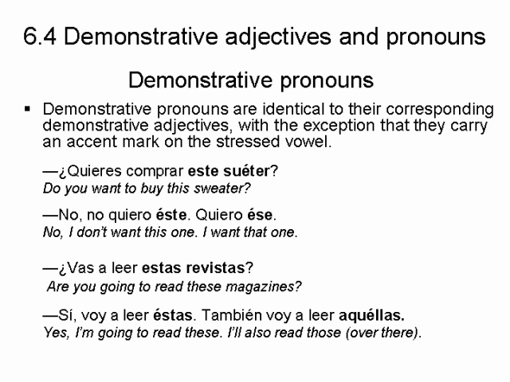For example, it says, ¿Quieres comprar este suéter? Do you want to buy this sweater? And then the person says, no, I don't want this one, I want that one. And they're not mentioning the word sweater anymore. So if you're not going to use the word sweater anymore, you have to use a pronoun to replace it. And remember, the demonstrative pronouns are going to carry an accent mark. So the person says, hey, no, I don't want this one, I want that one. And the este and the ese in this example here